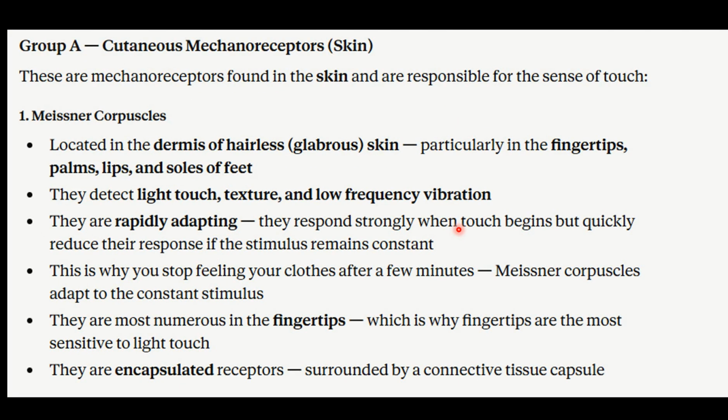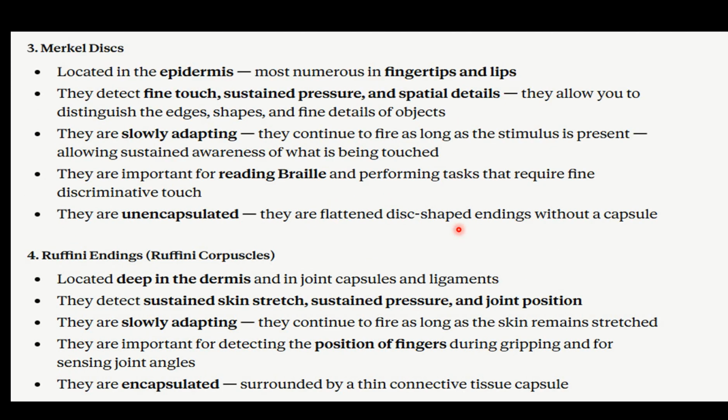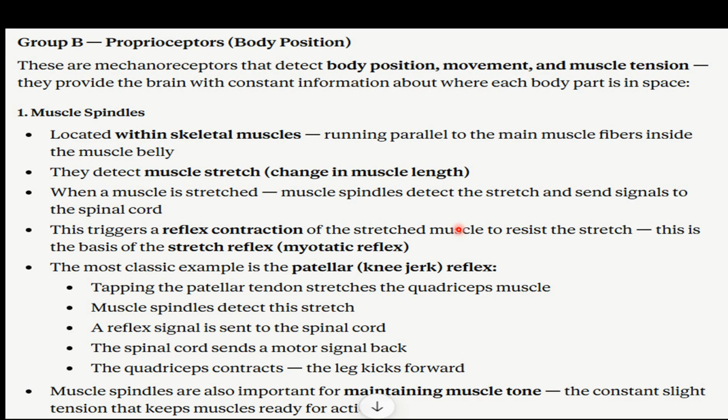So we have covered this first group, that is cutaneous mechanoreceptors. Now we'll talk about proprioceptors, body position. These are the mechanoreceptors that detect body position, movement and muscle tension. They provide the brain with constant information about where each body part is in space. So let's see what we have in proprioceptors. First is the muscle spindles, located within a skeletal muscle,